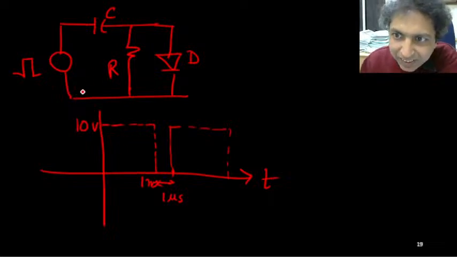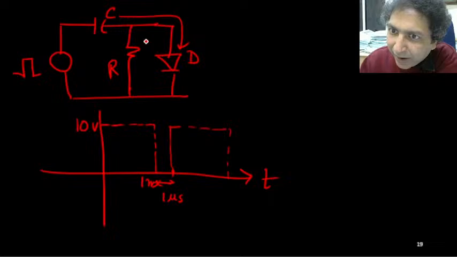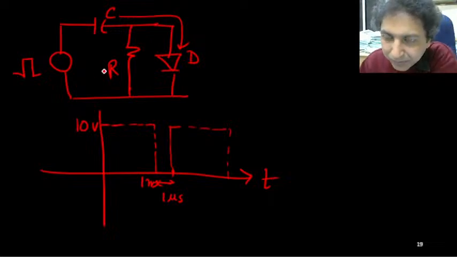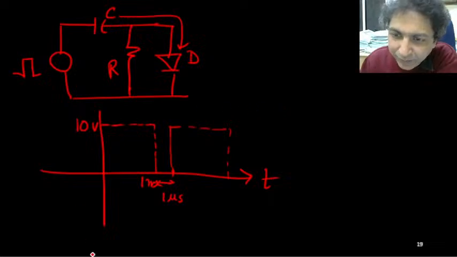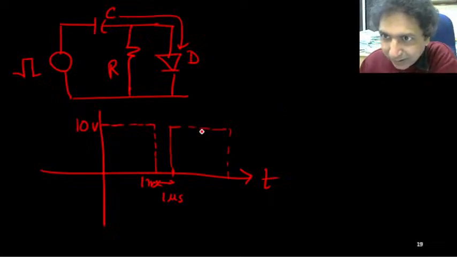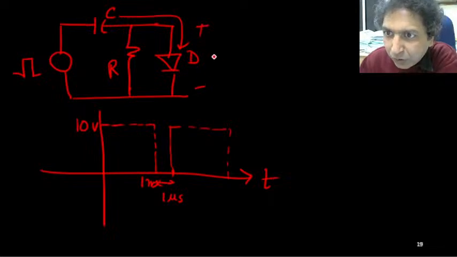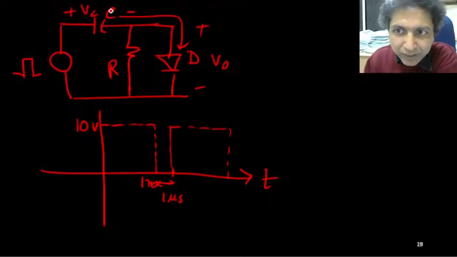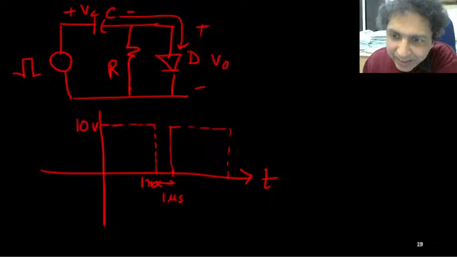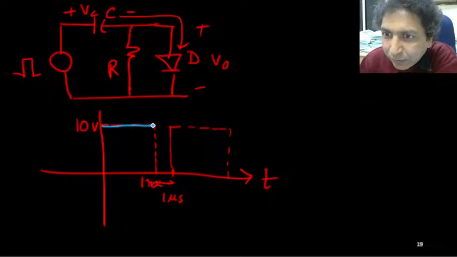The capacitor will charge up, diode will be on, and it will charge up in no time, because this diode is ideal, so current will flow through this side. Resistor will have no effect at all. Okay, so if I want to draw the capacitor voltage rather than the output voltage, output voltage we will draw later. We want to find out capacitor voltage Vc. So capacitor is charging and instantly it will charge up to 10 volt, right? So can I say that capacitor voltage will be like this, 10 volt,